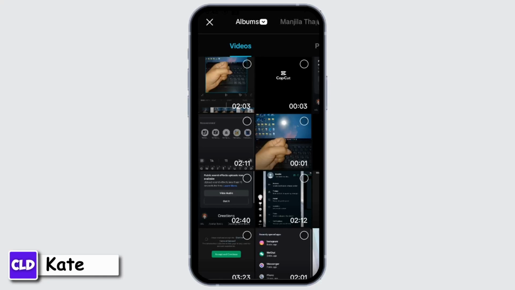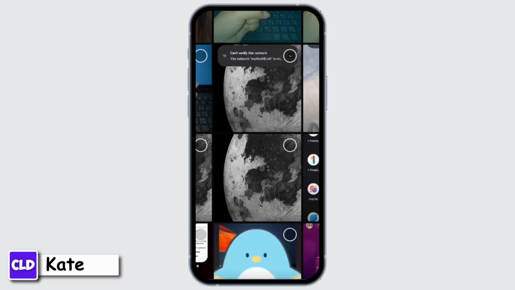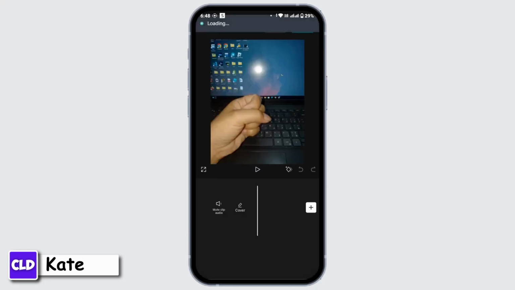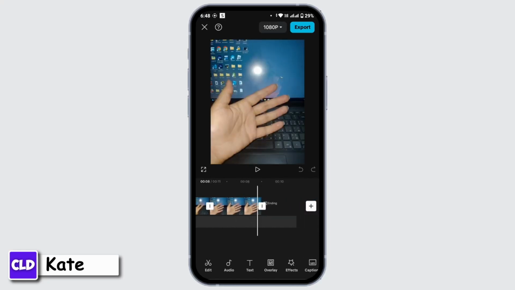Now you have to choose a photo from your gallery so that you can create a boomerang effect on CapCut. For example, I have a few pictures right here to edit. Then tap on Add. Once you have added that, first of all, you have to delete this ending part right